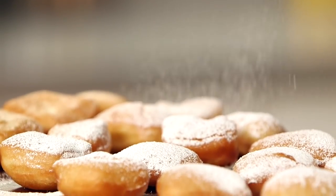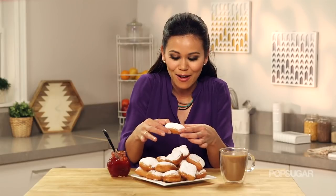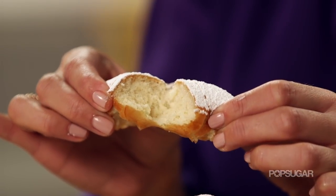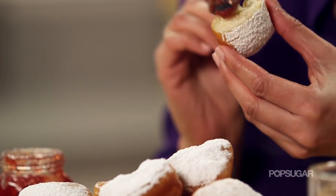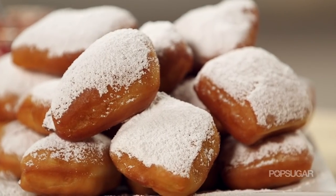These beignets are so easy to make and they're so good too. They're crispy on the outside and then like fluffy pillows of heaven on the inside. Now you can enjoy them with a little powdered sugar or hit it with a little bit of strawberry jam right on top. That is so good, and just like at Café du Monde, you can't enjoy a beignet without a little cup